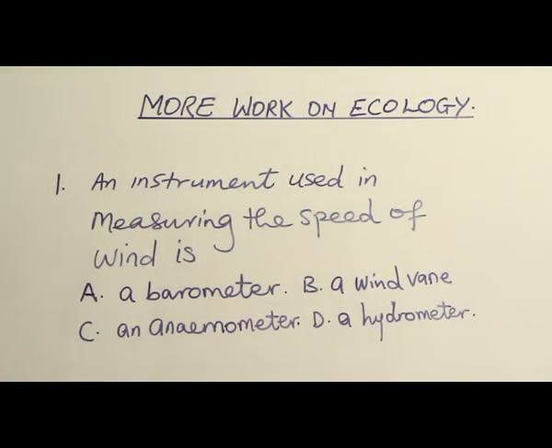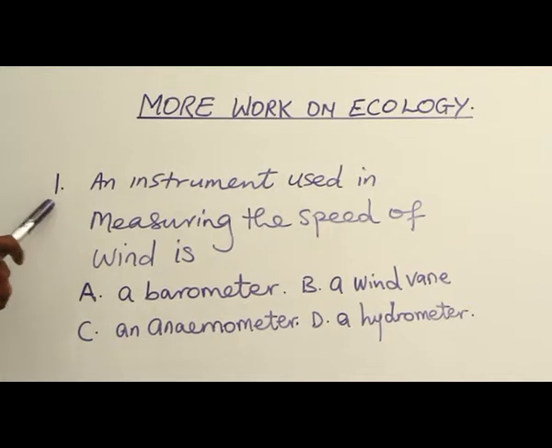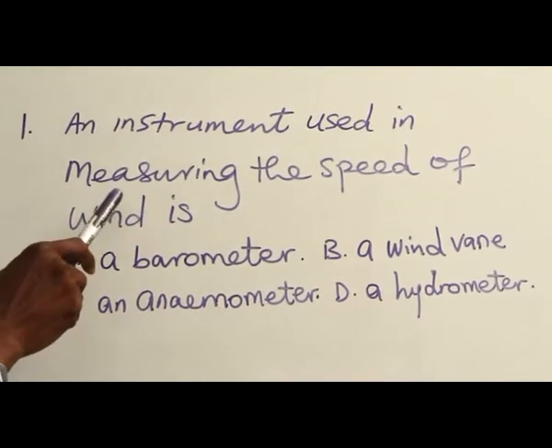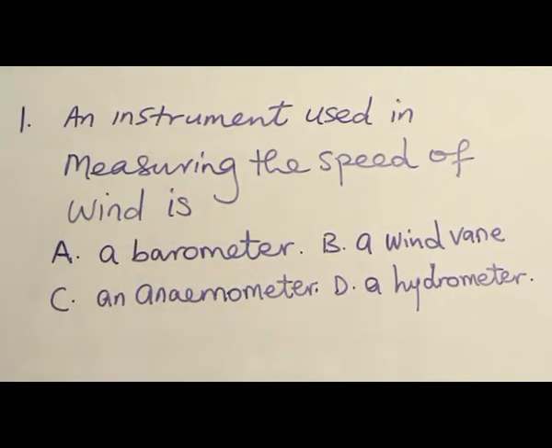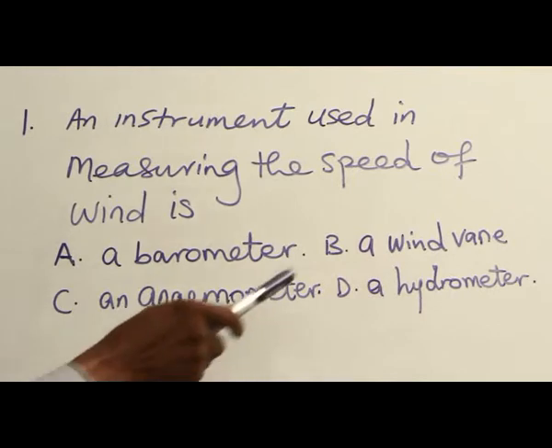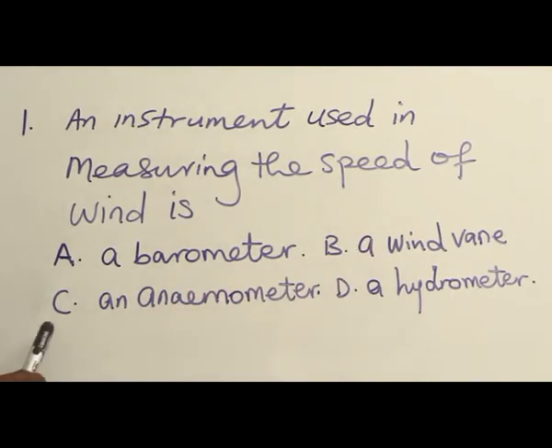We're still looking at more work on ecology. Number 1, an instrument used in measuring the speed of wind is A, a barometer, B, a wind vane, C,